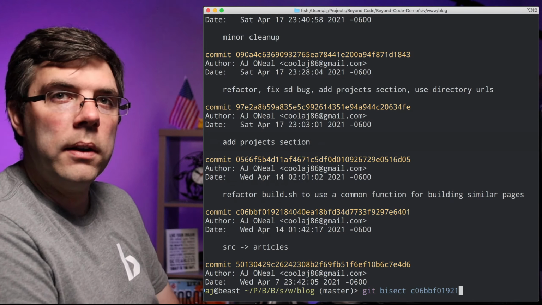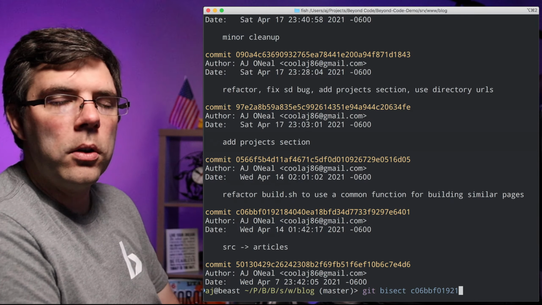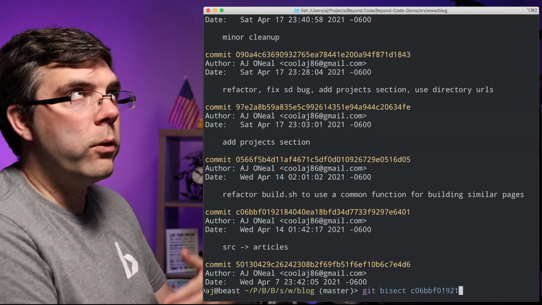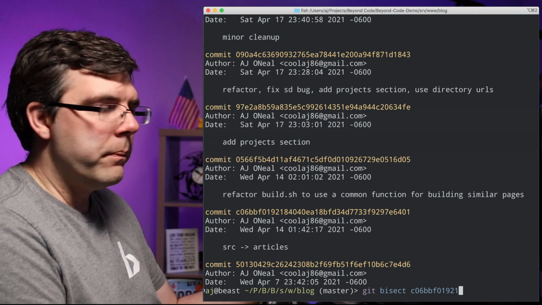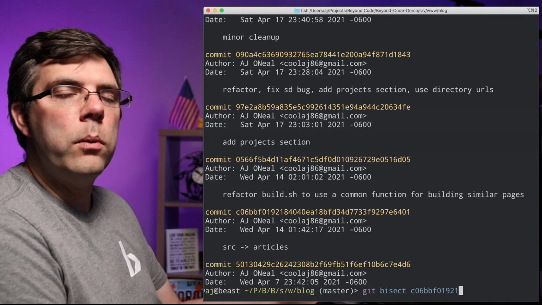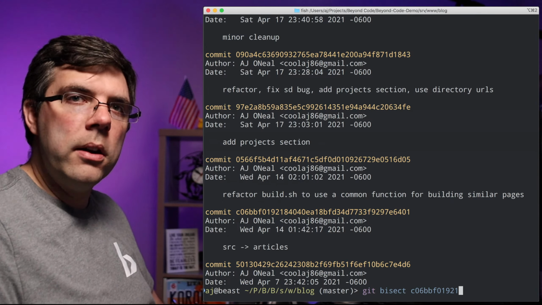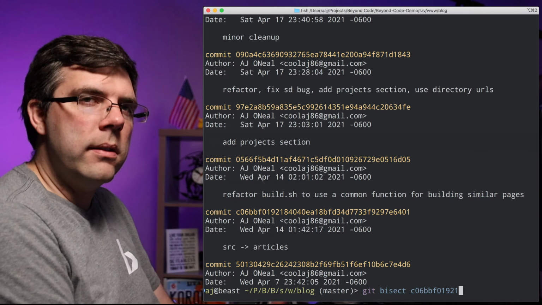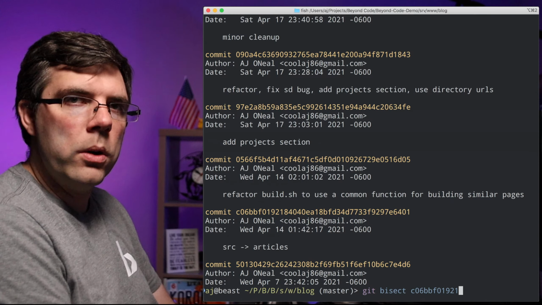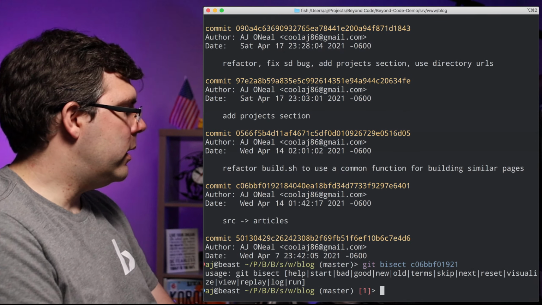commit of the code is working. And if you say yes, it'll go forward further. And when you say no, then it will go back, and it will bisect the commits. It will do a binary search on these commits until it finds exactly the commit which is the origin of the break. So if I do this,